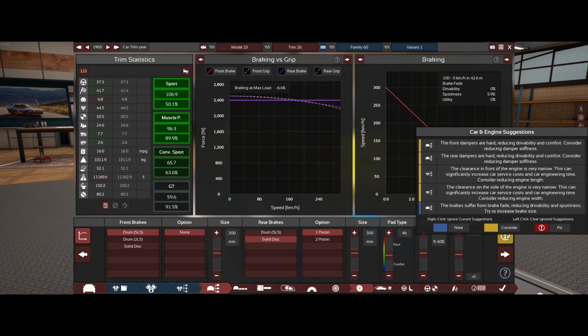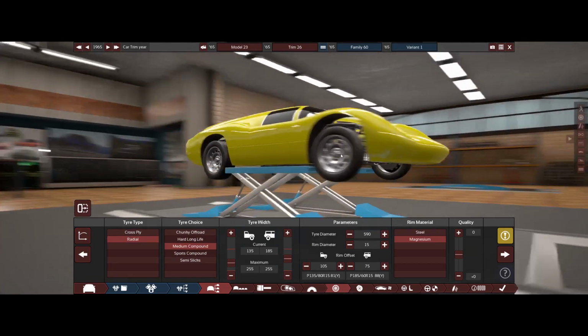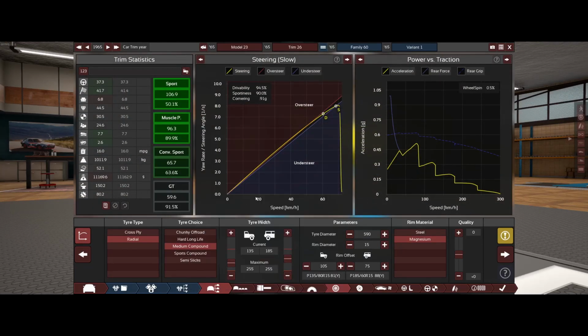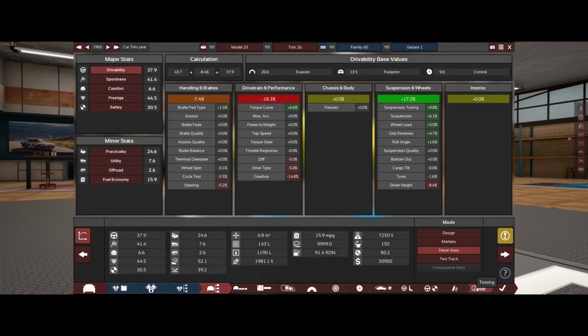Now, we have brake fade, but we have increased the size of our tires from what they were before to 15s and made them incredibly narrow to get our fuel usage down. We do have a bit of extra leeway to play with here. We're going to try to go with a thicker tire because that was something that I really wanted. Our fuel economy is still good and our price is still...